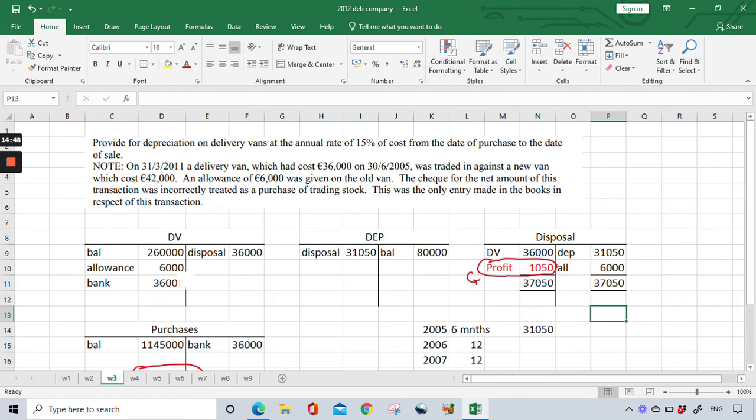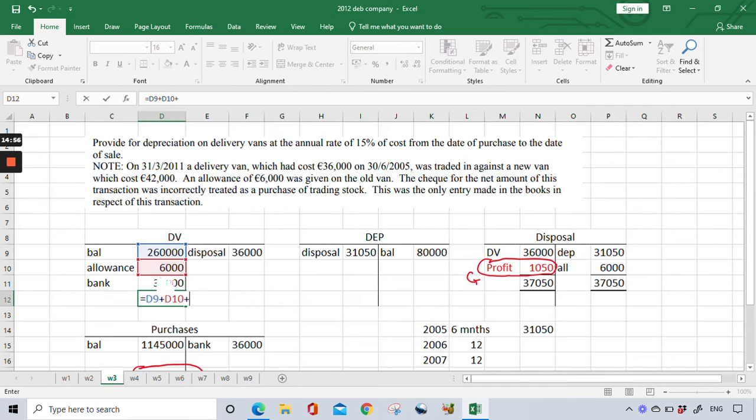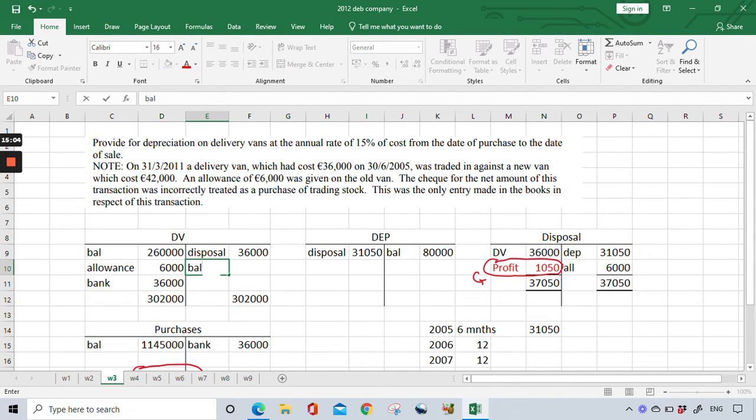What's the new delivery vans figure? So add up both sides and put the big number on both sides. I can quite clearly see this is going to be the big number. So 302. The balance goes above the small side and below the big side. So carried down and brought down. So the balance is 1 minus